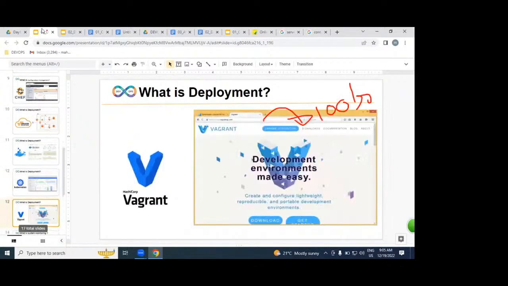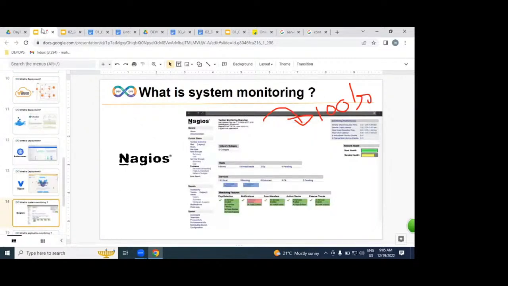Understood very clearly. So not only are we deploying our applications on Docker and on Kubernetes, we are also going to be deploying our applications by using Vagrant. Vagrant is a virtual provisioning tool. We can create virtual machines on your laptop, but not a production environment. On top of that, we can deploy applications also. Vagrant is a virtual provisioning tool for only laptops, not for production. But AWS is a production environment, Kubernetes is a production environment, Docker is a production environment, but Vagrant is only for dev environment. And we are going to be using Nagios.